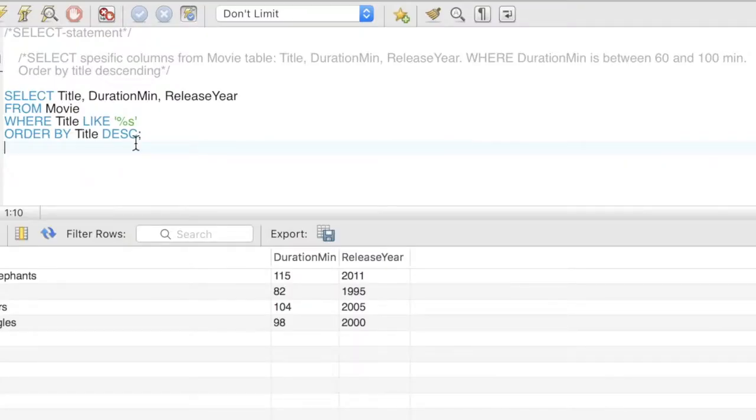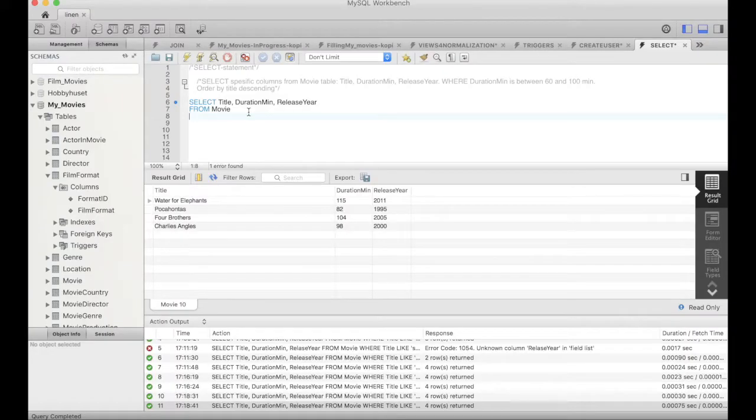Our next select query is select specific columns from the movie table and the distinct columns where duration min is between 60 and 100 minutes, order by title descending. So we're going back a little bit to where and we're combining that with order by. We can use where to not only choose the title, but if we have an int for instance, we can use